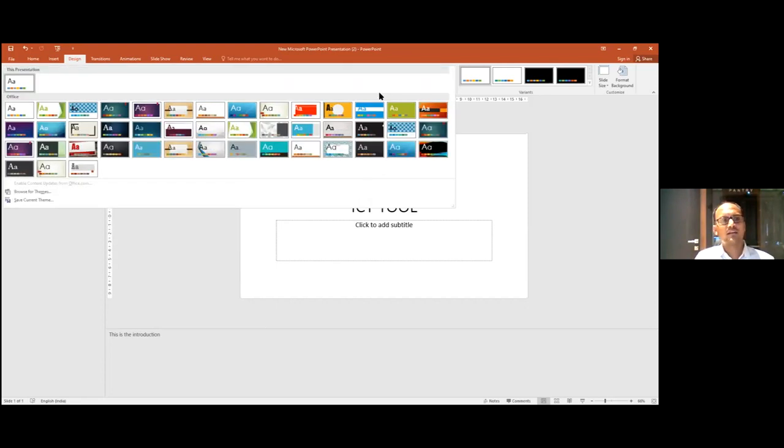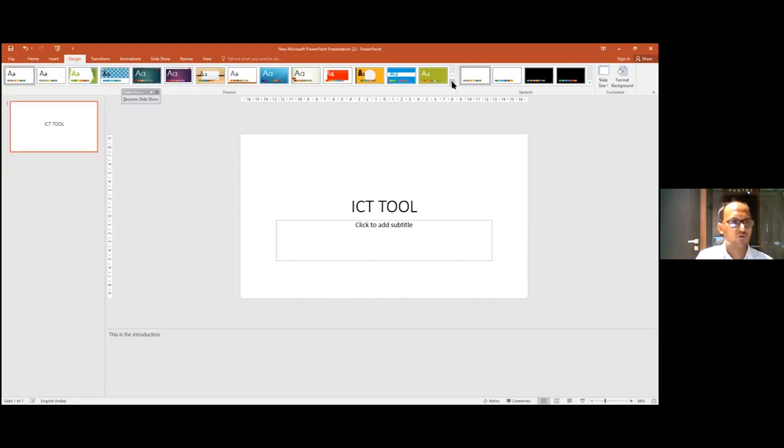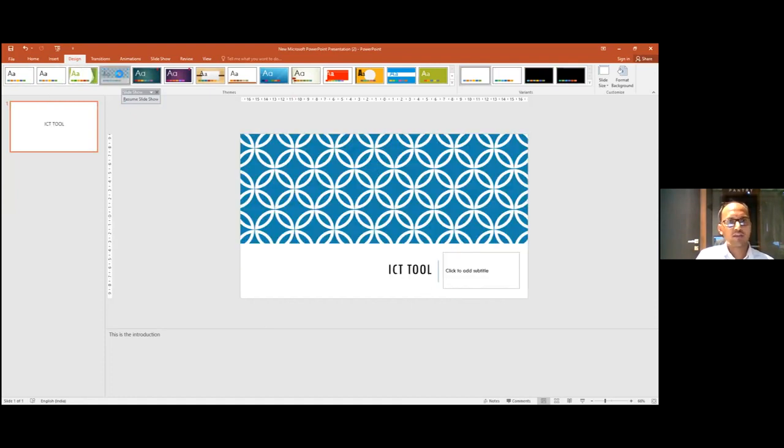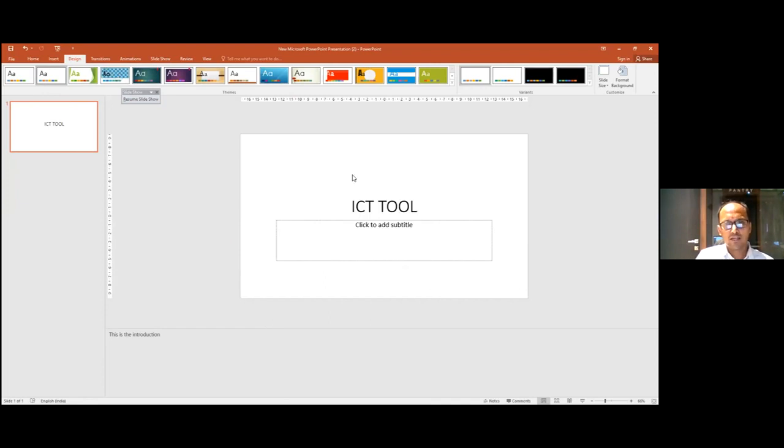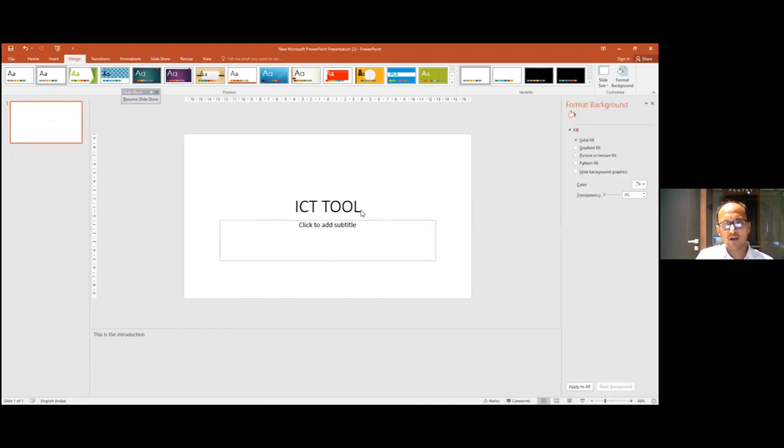Now the choice of design depends upon the place where you are going to present your presentation. If the background is bright, prefer dark fonts. If the background is dark, prefer light fonts. It depends totally on you what kind of presentation mode you select. You can select different types of designs from this column, or you can customize your own design also by right clicking, going for Format Background, and you can have your own choice of which color you want to give to the background, and all will be available in that particular tool.